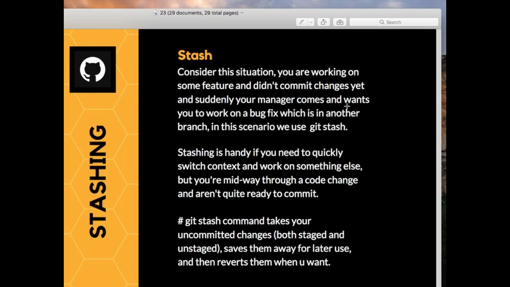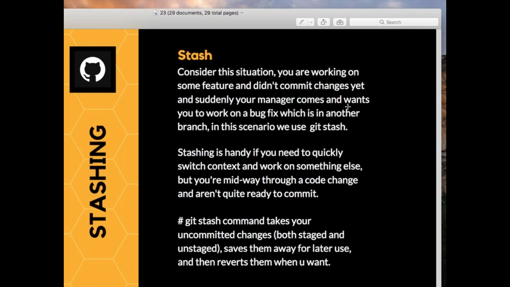Let's take a scenario where you are working on one particular branch currently. Let's say you're working on a development branch, right? Suddenly your manager comes, and you made some changes, you didn't commit them, and you're not sure whether to commit them or not because you're not sure that the work you did at this point of time is correct or not. If you're committing, what's the meaning? You're basically fixing the changes, finalizing the changes.